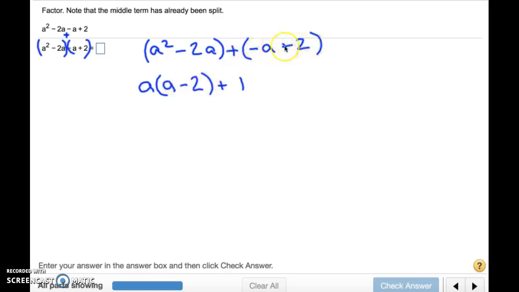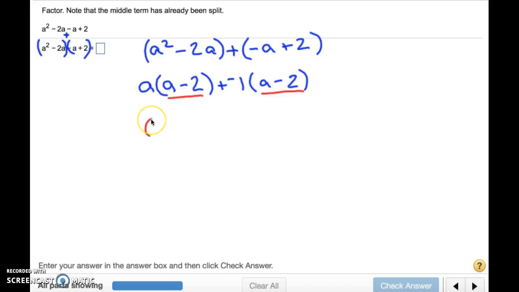So in order to change both of these signs, instead of factoring out a 1, I'm going to factor out a negative 1. That's going to change this to be a minus 2. And the way that works is I have negative a divided by negative 1 turns into a, and 2 divided by negative 1 turns into negative 2. So now my two sets of parentheses match up,